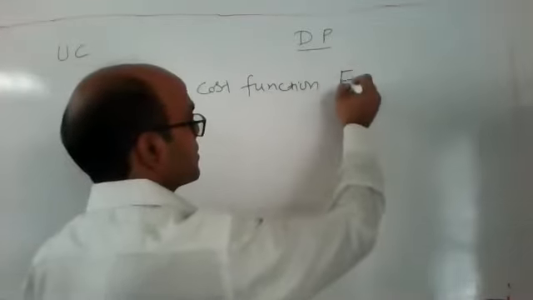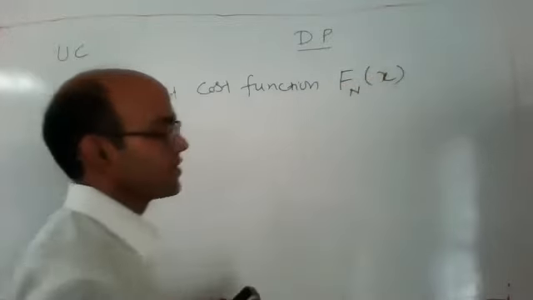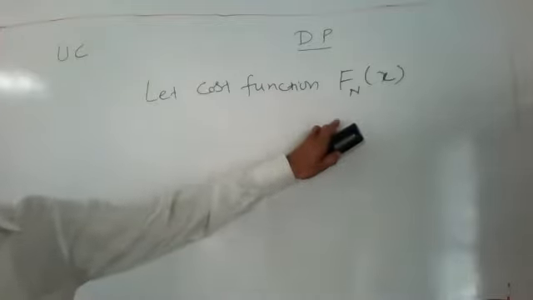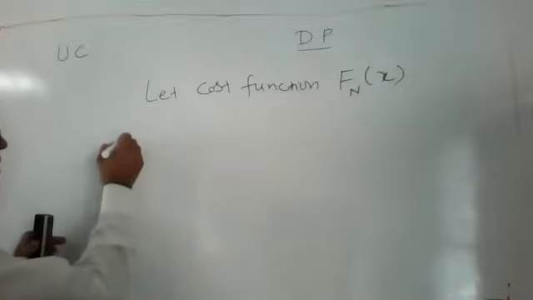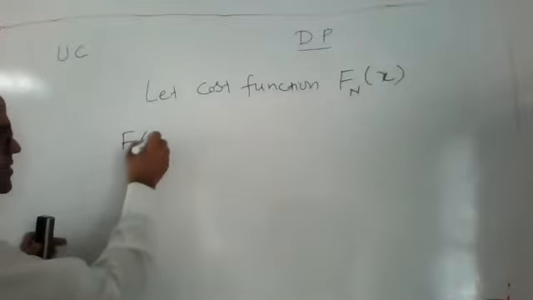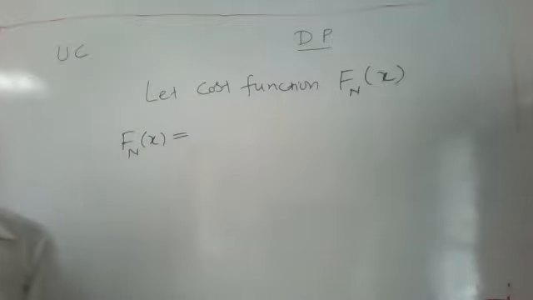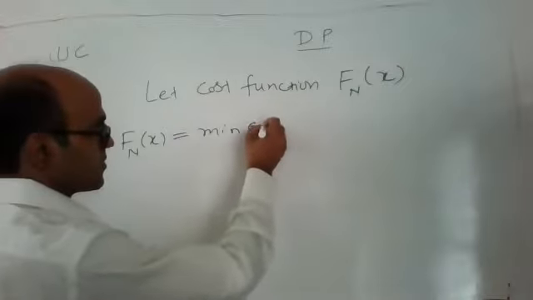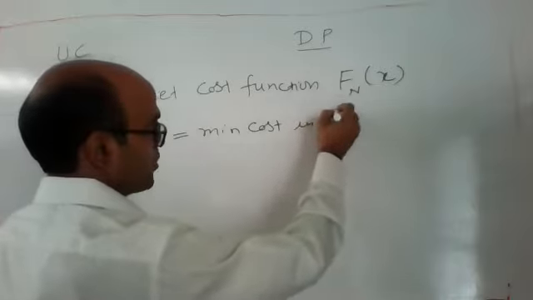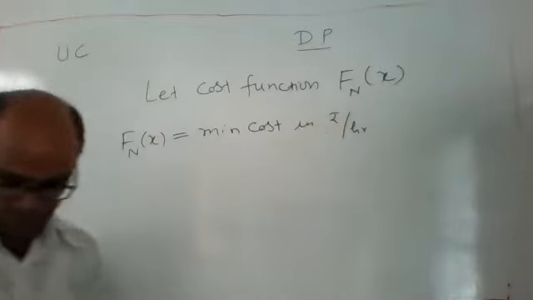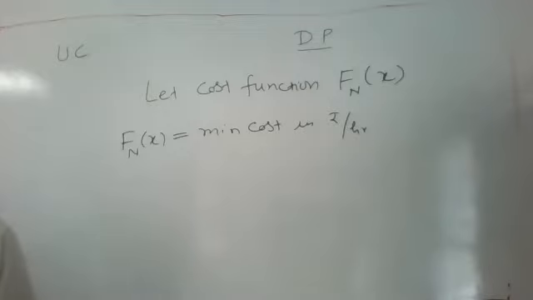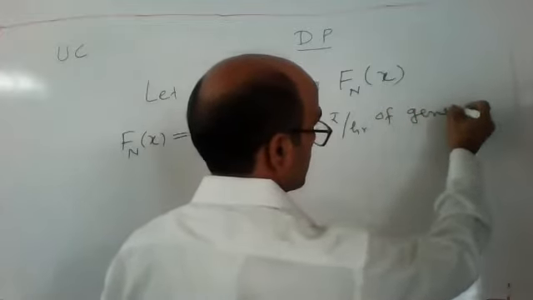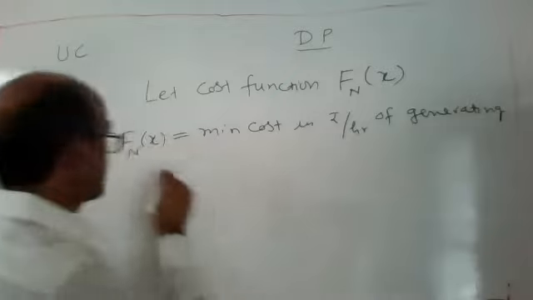Let us define a cost function f_n(x). This is just a representation. f_n(x) can be defined as the minimum cost in rupees per hour of generating x megawatt